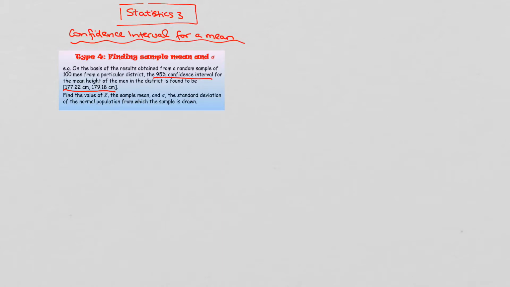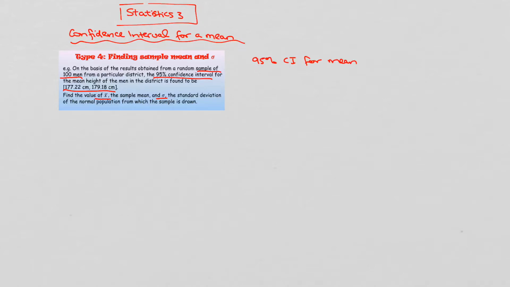So again, our critical values are going to be 1.96. We have a random sample of 100 men, so that's our sample size. And what we want to do is try and find the sample mean height and the standard deviation. Okay, so again, because it's a 95% confidence interval of the mean,